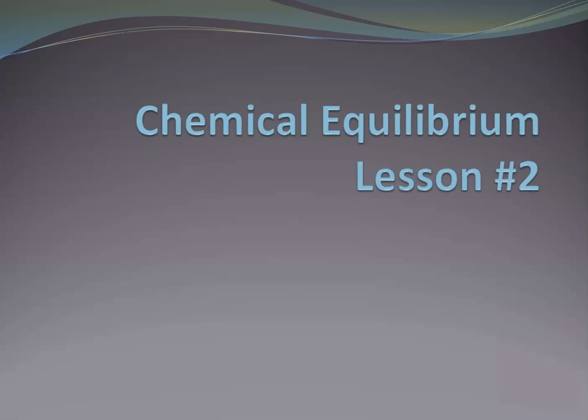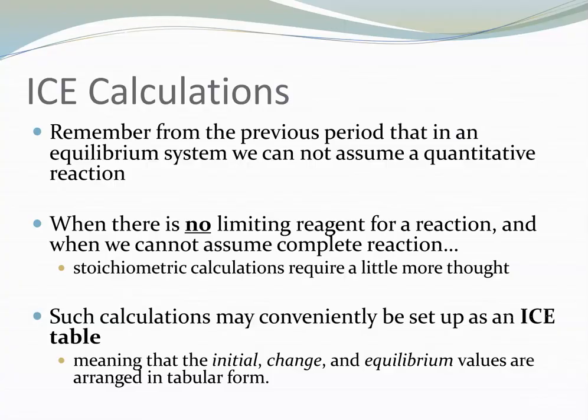Today's video is an introduction to how to calculate equilibrium constants. In chemical equilibrium, we cannot assume that reactions are quantitative. This means that we cannot assume that at the end of the reaction, only products will be present. This also means that when there is not a limiting reagent in a reaction, stoichiometric calculations become a little more